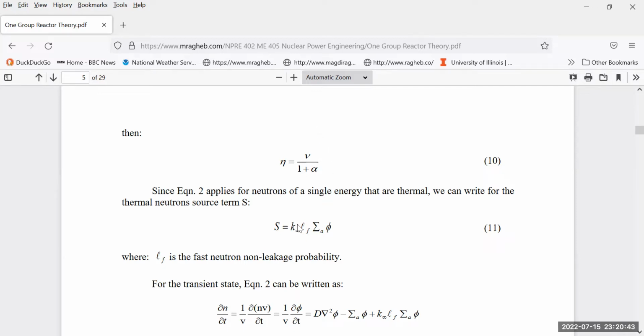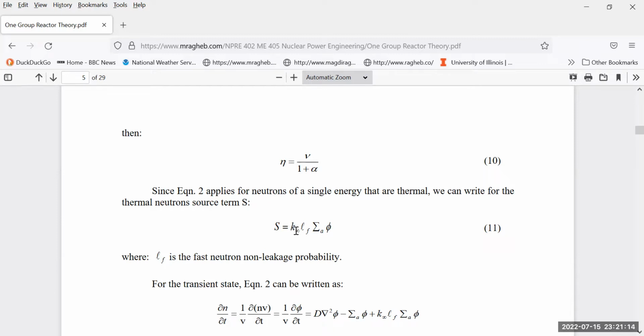And if it's less than 1, the bacterial population, or the neutron population, the source in our case, will also decrease, and you shut down your reactor, or you cannot have a self-sustained chain reaction. So the source term now in the Helmholtz equation is not a constant, like what we have done in the previous chapter in the non-multiplying system, but it is the absorption rate of the neutrons in the fuel multiplied into that multiplication factor,